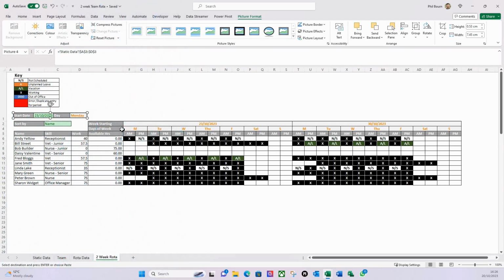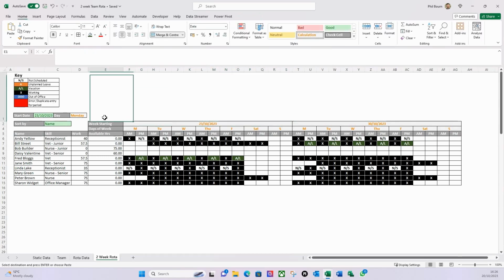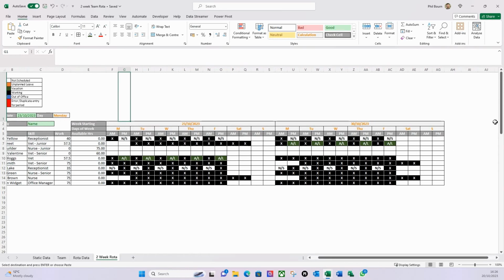Now we're going to create some spin buttons for the user to interact with and scroll through the date periods. However, I need to create a formula first for those spin buttons to interact with, which will then influence the spreadsheet. So let's do this. I want this to change based on some settings. So first thing I'm going to do is put over here a formula,